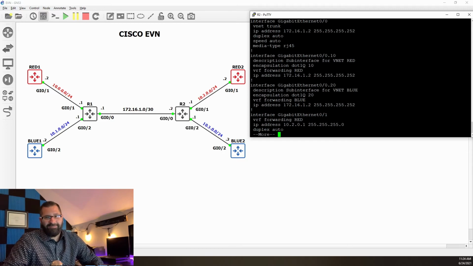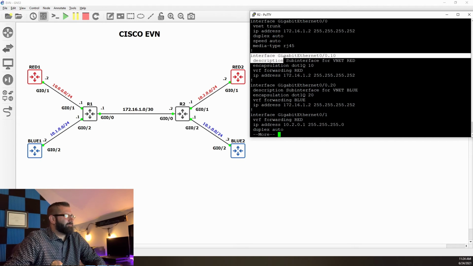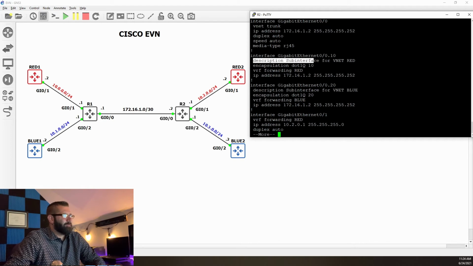Oh, interesting. Do you see what happens? Us issuing the vnet trunk command on this gig 0/0 automatically filled this in for us. It automatically gave us our sub interfaces. So you see interface GigabitEthernet 0/0.10, and it put a description in there for us. We see the sub interface for vnet red, encapsulation dot1q 10, that's the tag for the red VRF, and the IP